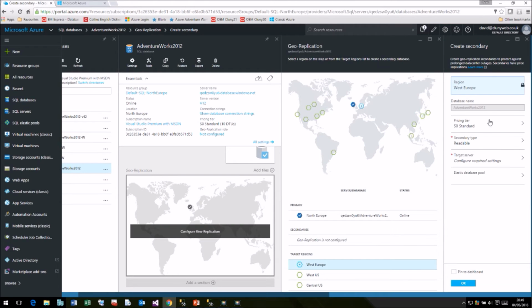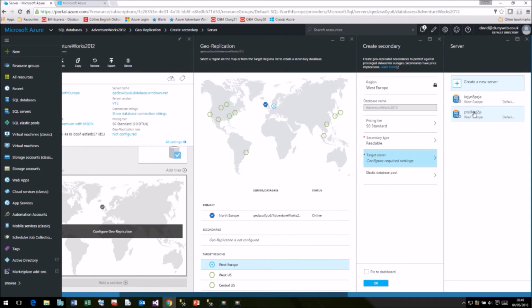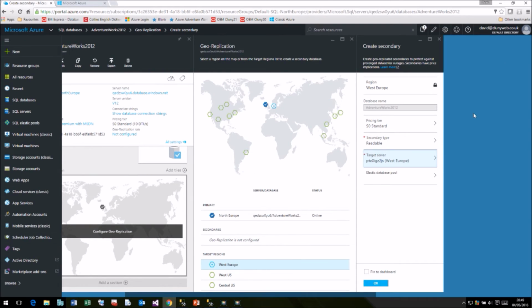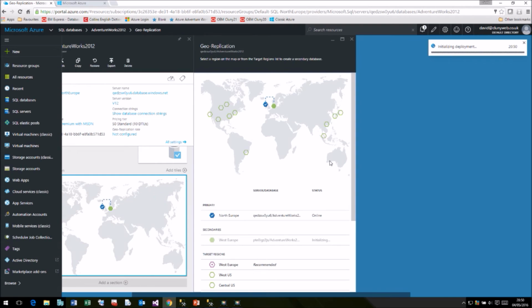Simply click on there, choose the pricing tier, select an already existing Azure SQL Server to place our database on, and then click OK, and that will now start replicating. It's a small database, so it shouldn't take too long, and you can see the pretty little diagram showing that it is now